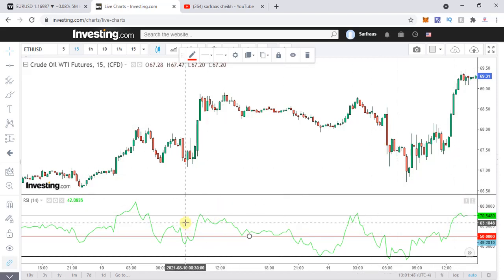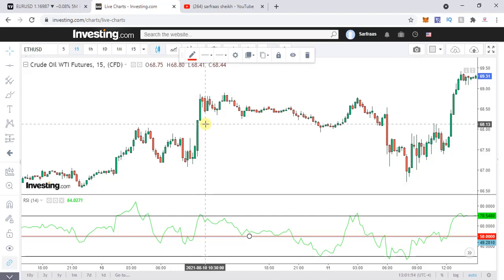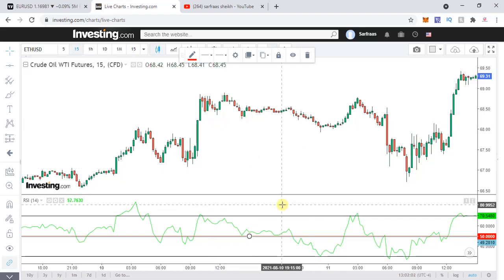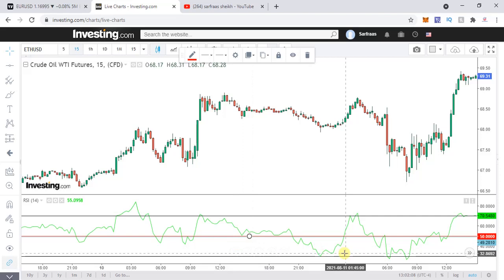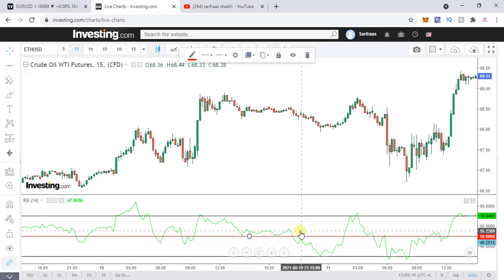So the overbought and oversold zones give you, sort of an indication, when the market is going to probably turn from maybe bullish to bearish and bearish to bullish. But this 50 value of the RSI, this crossover of your RSI with this 50 value gives you the momentum, when you're working in this kind of flatter markets, and when it crosses this particular value of 50, that is the time you can say that there is going to be momentum. So this is how basically you're going to use the RSI indicator.